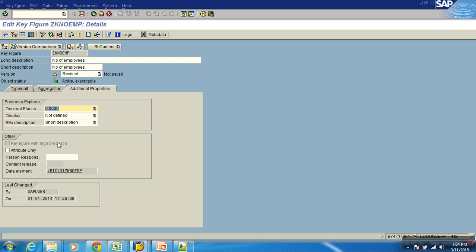Okay, then additional properties. These properties are controlled at the backend. Simple. What is this? Number of decimal places. You want 4, so in every report wherever this key figure is used, it will show 4 decimals. If you want to control this in a query, you'll have the same properties in the front end. That will affect only one query; this will affect all the queries wherever it is used. And the next one is the scaling factor. Let's say you want to show values in lakhs.